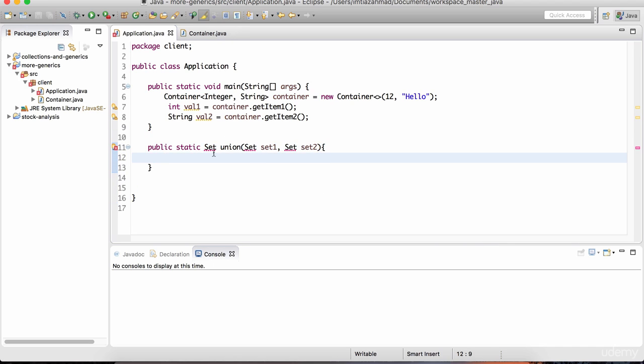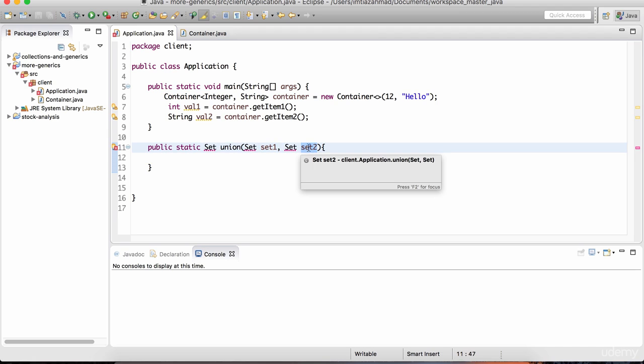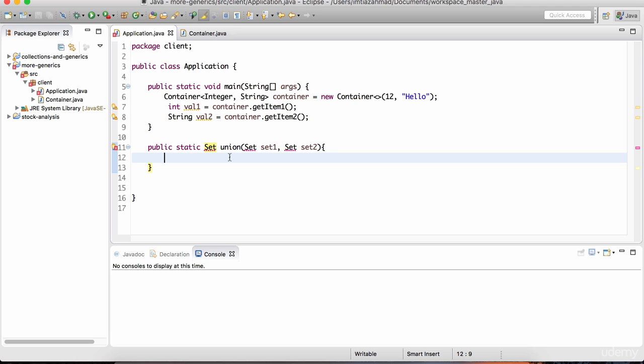Okay, and what this is going to do is union both of the sets together and return a result. So if set1 contains 1, 2, 3, 4, 5, and set2 contains 6, 7, 8, 9, 10, the return value of this set is going to contain the numbers from 1 to 10. And remember, sets do not store duplicates. So if there are any duplicates, it's going to disregard them, and we're only going to get unique values in